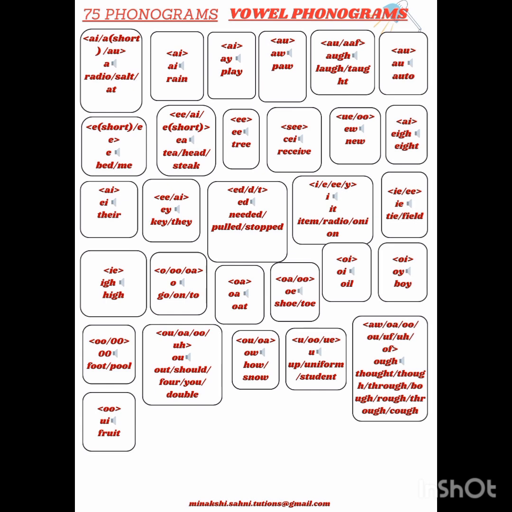The next is a single O, making a short O sound, a long O sound, or a long oo sound, as in go, on, to. Go as in long O sound, on as in short O sound, to as in long oo sound. OA combination making O sound as in oat. Next is OE. OE together making a long O sound as in toe, or a long oo sound as in shoe. Next is OI, making the sound of oi as in oil, or OY making the sound of oi as